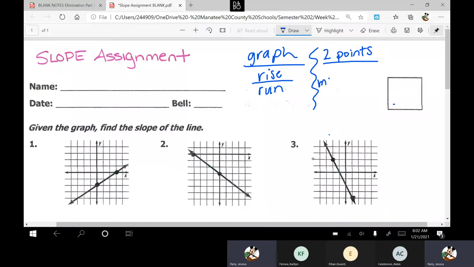That formula, you could say m equals y2 minus y1 all over x2 minus x1. Okay, so those formulas should look familiar because we did them on Tuesday. So there's the 2 different ways to find slope that we've done so far, and I forgot to write m equals for this one. So from a graph, you do the rise over run, and then from 2 points,